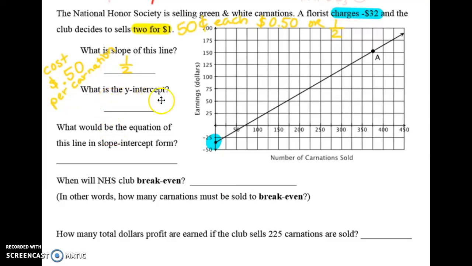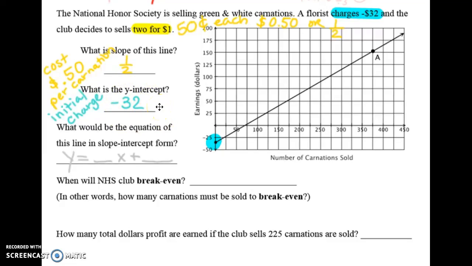The next is the y-intercept. The y-intercept is along the y-axis, which in this case is the far left line that says earning in dollars. Our y-intercept is the initial charge that the florist gives the National Honor Society of $32. Since it's a charge, it's a negative 32, which means if they sold 0 flowers, they would still lose $32